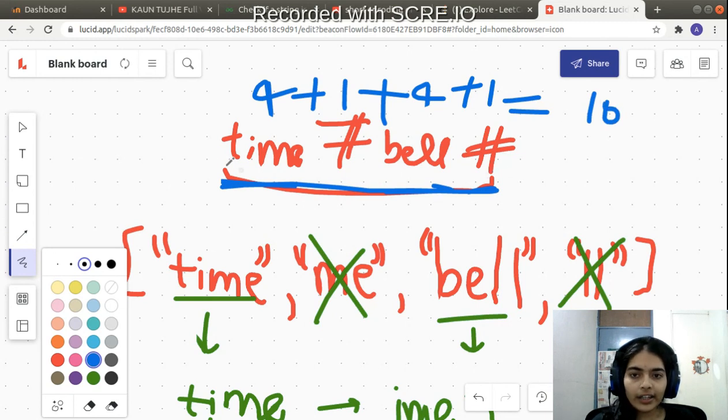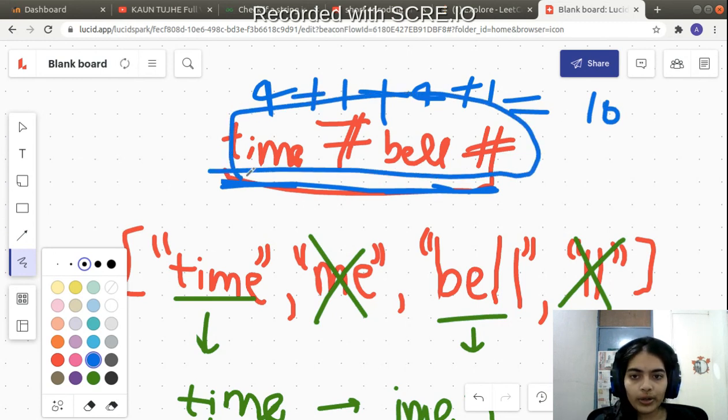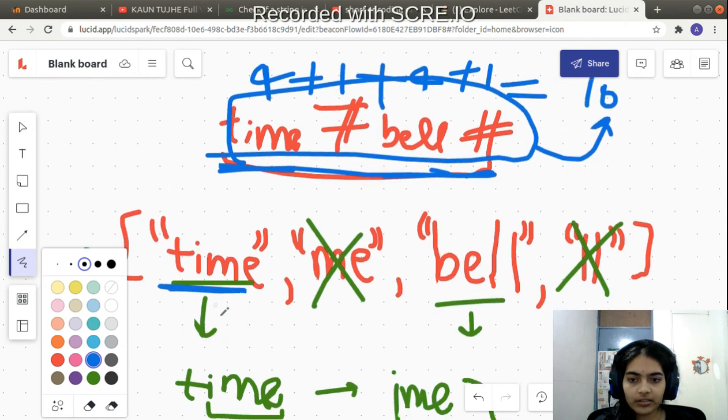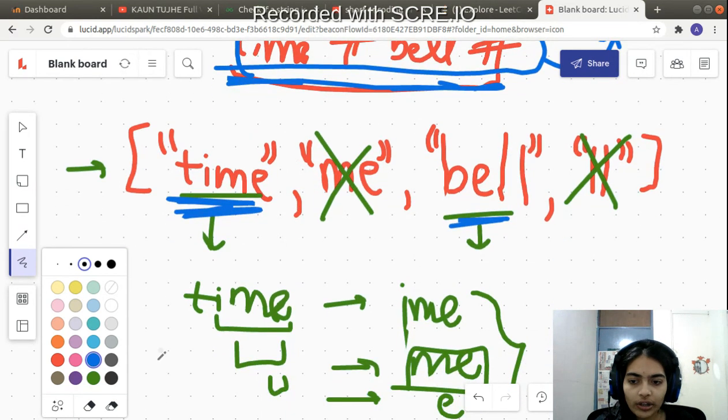So I can see that I need not actually write out this encoding and find the length, right? I can just find the length of each of the words that are still remaining in the words, and add 1 to each length each time. So to 4 I add 1, I get 5. Then again to 4 I add 1 for the hash character, I get 5. And then I add 5 and 5, and I get 10. So this will be the logic of my code.